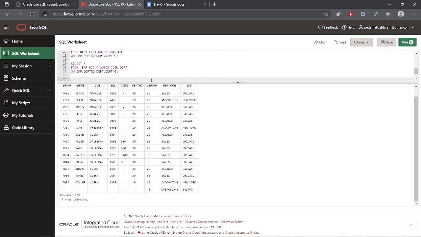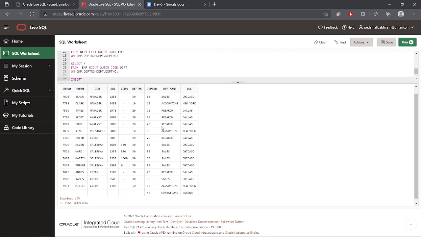Now, coming to inserting into the table. I want to insert an employee in this particular table. Now let me add an employee. Insert into emp values. First the emp number, which is four digits. Now let me write it as 79